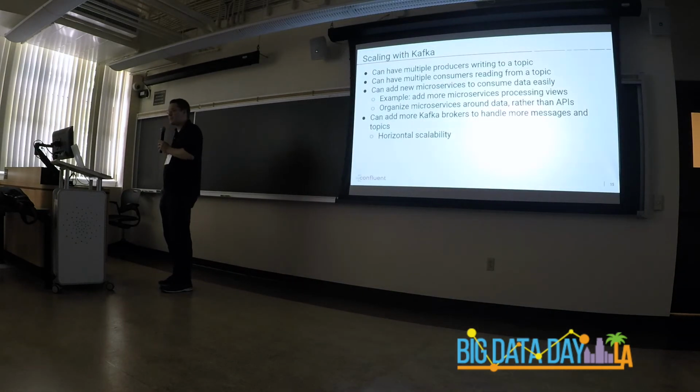So Kafka actually helps you scale. And it's scalable in the sense that you can have multiple producers and consumers, which allows you to easily add new microservices. And it's scalable in other ways too. But talking about the multi-producer, multi-consumer thing for a moment, when we had the REST API, we actually had to change the front end each time we added a new backend service, because now you have to make a new call, right? And that's going to be recompile, redeploy, whatever it is.